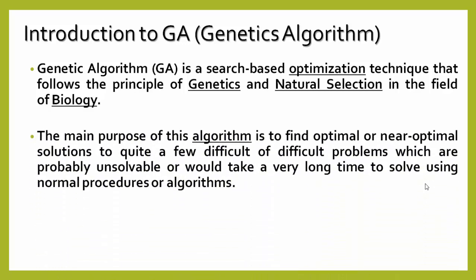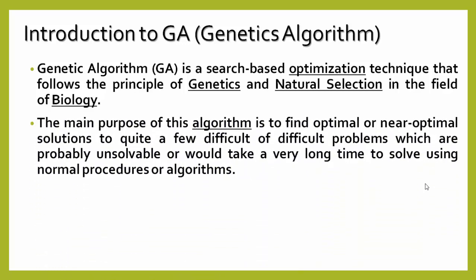The main purpose of this algorithm is to find optimal or near optimal solutions to quite a few difficult problems which are probably unsolvable or would take a very long time to solve using normal procedures or algorithms. Genetic algorithm procedures are different from simple algorithms. In simple algorithms